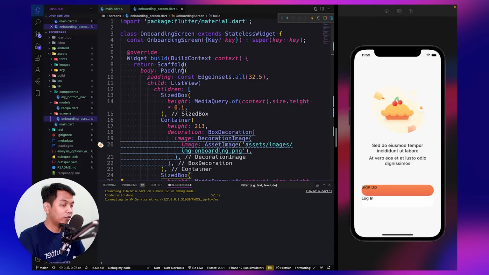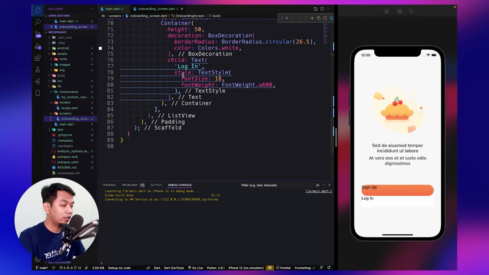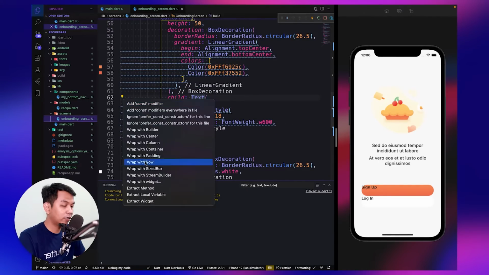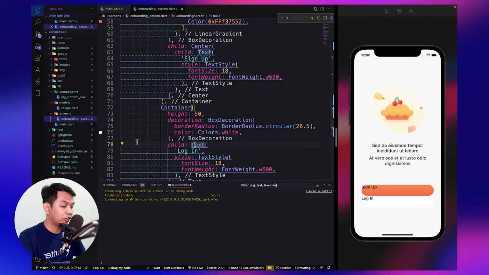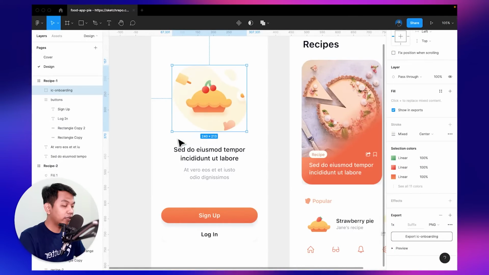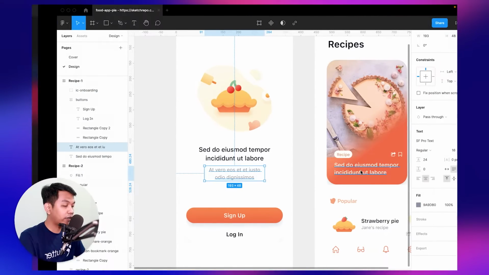So let's go to the onboarding file, and let's go to our container, and we need to wrap our text widget using center, and this using center again. And let's see the design, and we need to change this to 16 and regular.